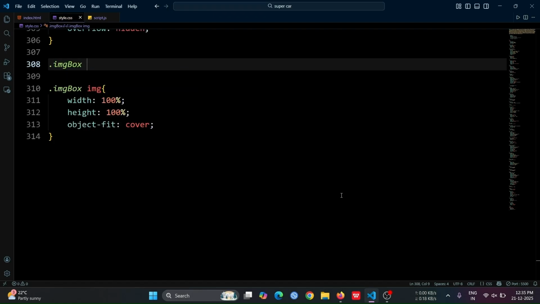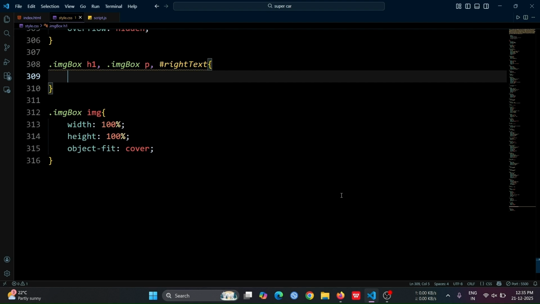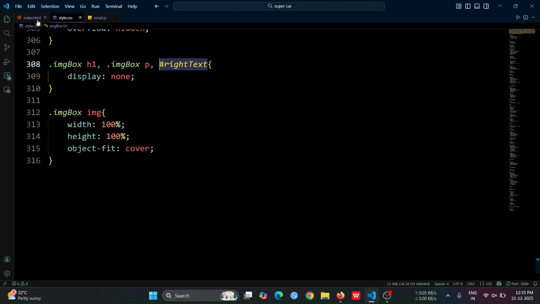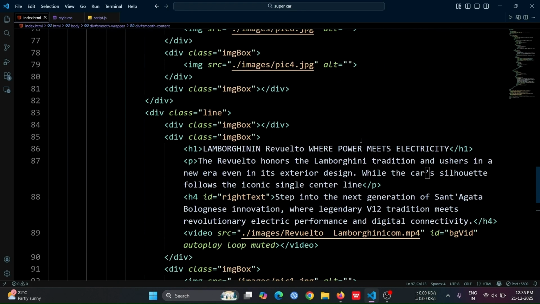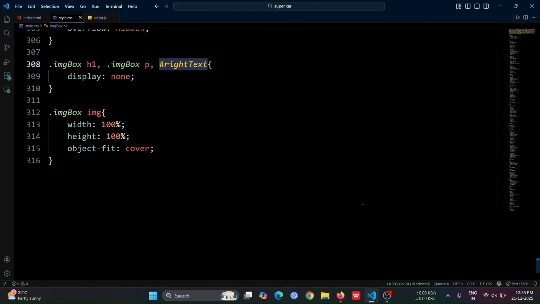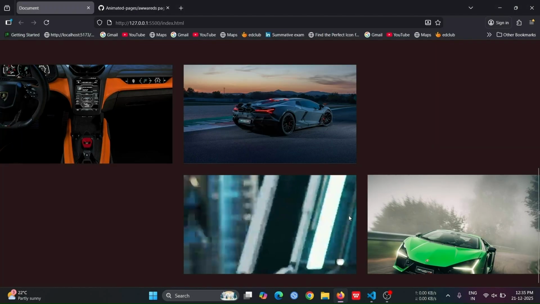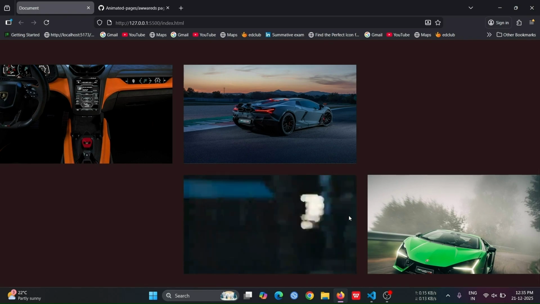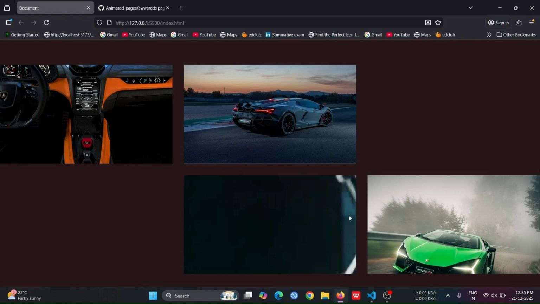After that, let's style the h1 tag, paragraph tag, and write text that we previously created inside the image box div, and set its style to display: none so that they all become hidden and we can only focus on the video portion of this container. Now open the browser. You will see all the text are now hidden and the video is continuously playing inside